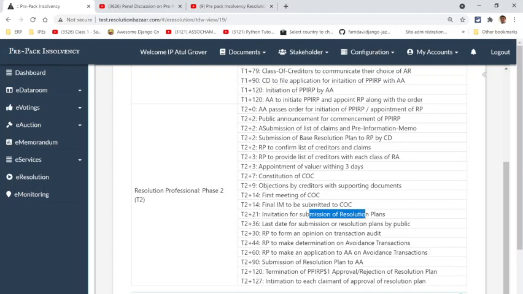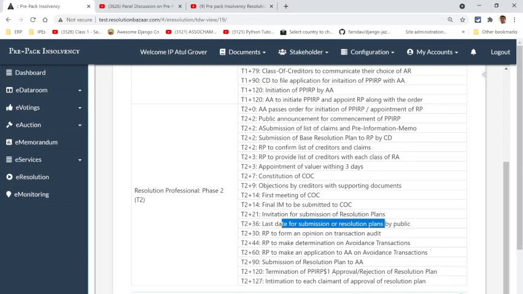Otherwise, if the financial creditors choose to take a haircut without impairing the operational creditors, then there may not be any requirement to invite resolution plans. But in my opinion, it is highly unlikely that invitations will not be called. Then by the 36th day, the general public will have 15 days to submit the resolution plans. So the time to prepare and submit a resolution plan is very tight.